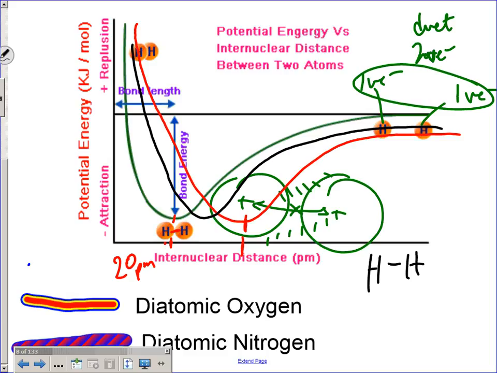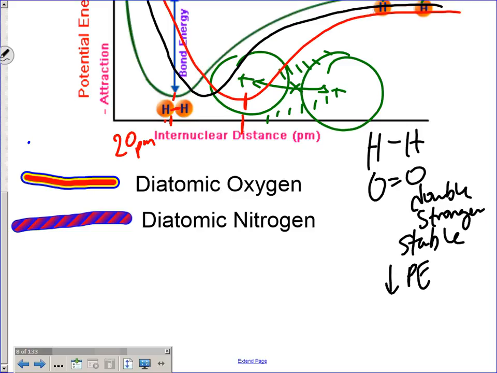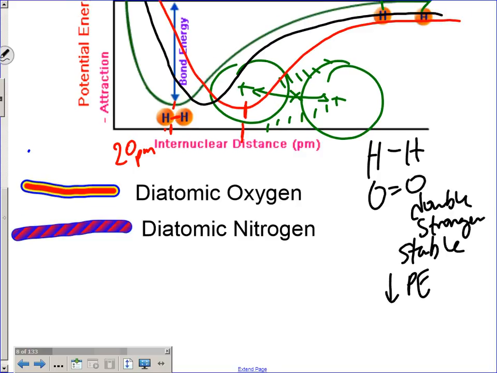So hydrogen's a single bond. How does oxygen bond? Double bond. Okay. Which of these bonds do you think is more stable? Oxygen, because it's stronger. Okay. So oxygen, because it's a double bond, it's a stronger bond. Stronger bonds are usually more stable. More stable, it's going to be a lower potential energy. That lower potential energy would be actually represented as a,